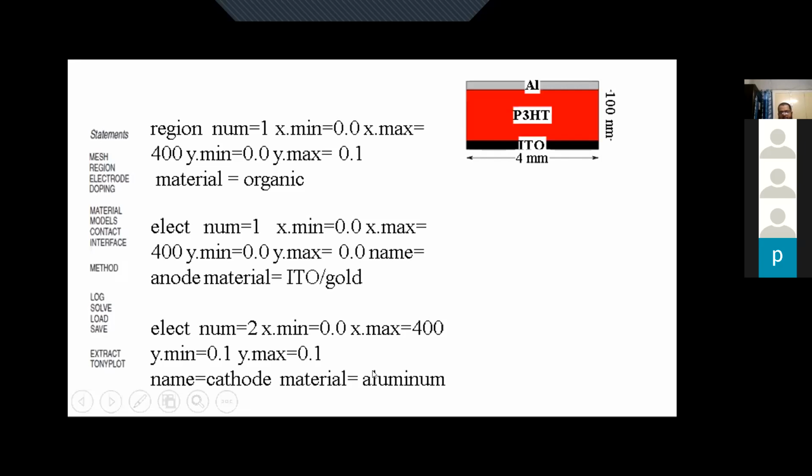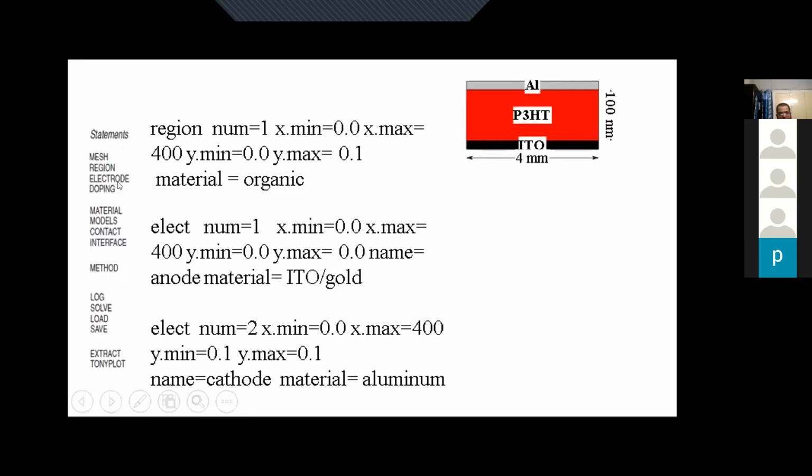So here, for the material, I have given the name aluminum. So by default, it is considering it to be aluminum, and if I write gold, it will consider this one to be gold and this one to be aluminum. But later on, we can modify that by using a different value of work function as required. So now, till now, we have defined the electrode.